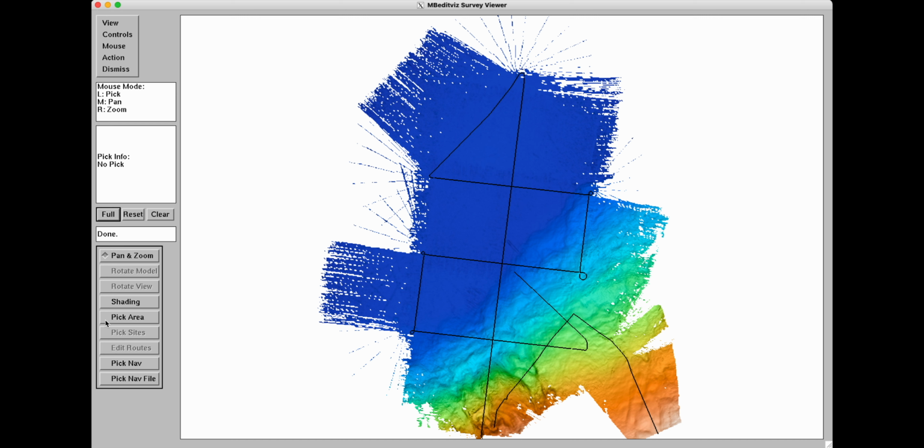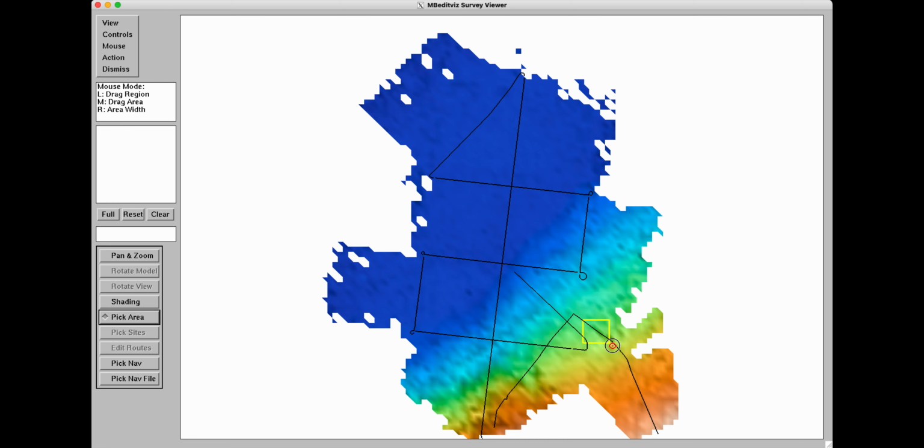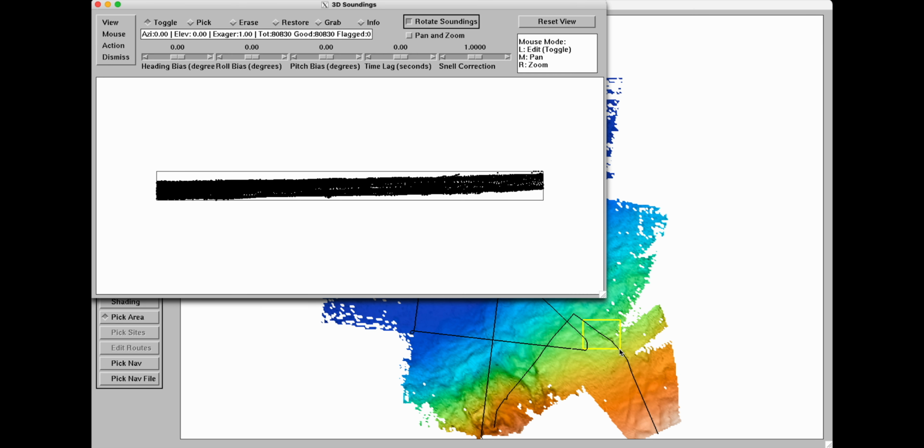Now I will click here on pick area, and I will select that area. I know, for instance, that I have some artifacts here at the center of the line, which is slightly below the navigation line, but I can see already some parts here. So we'll press and select a certain area. As you can see here, I selected a square area, but my problems are more or less